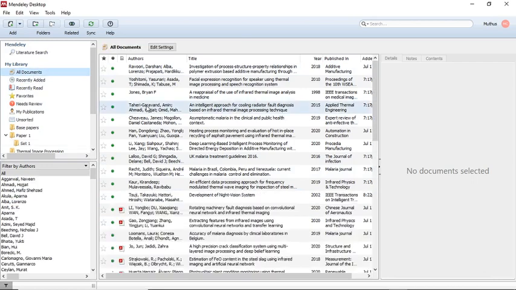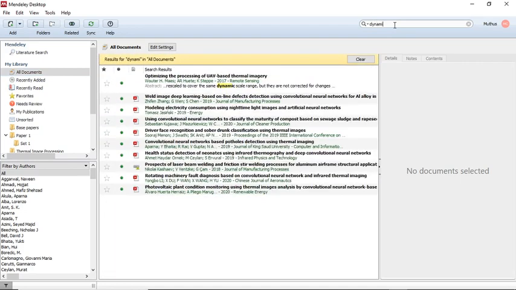Now in all documents we can find it. Suppose sometimes it is not available, dynamic, it is not available here; at that time we need to synchronize. Synchronization means all the references are stored in the Mendeley database, which is a wonderful option, because wherever we go, we can access all the references using laptop, PC and mobile also.